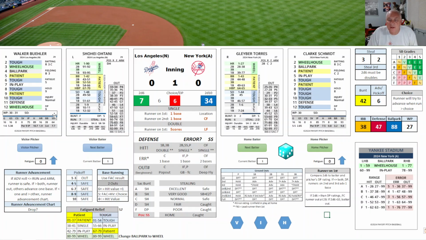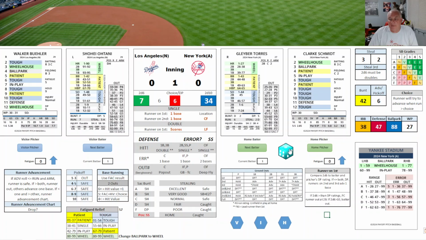The Dodgers are going to be visitors, so they will lead off. The rolls are all going to be in here. Everything's kind of automated. If it's a ballpark check, I will read the number over here. If it's a defense check, I'll read the number over here. My wild pitch readings come off of this. Intentional walk, bunt, steals, I just have random rolls across the screen to pick what I do, so I can run through each play pretty quickly. So we'll see how it goes.